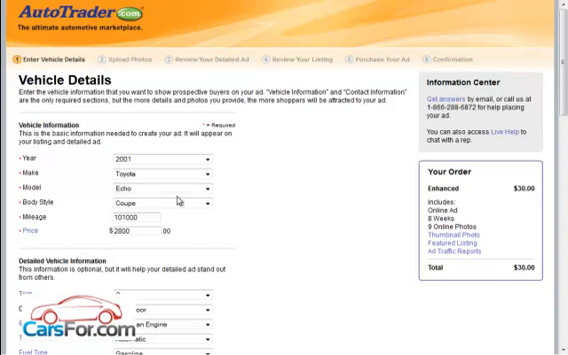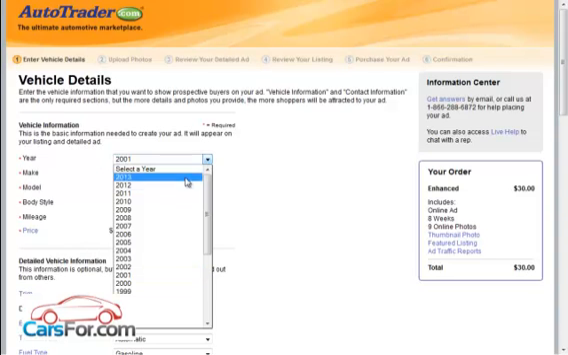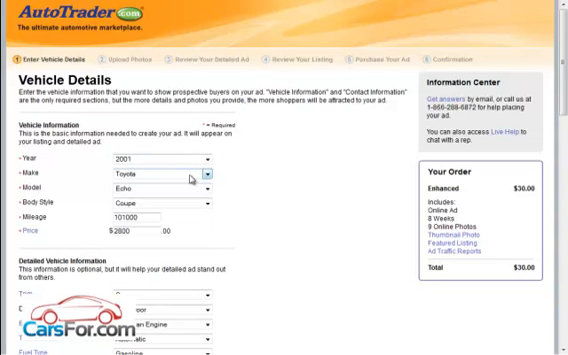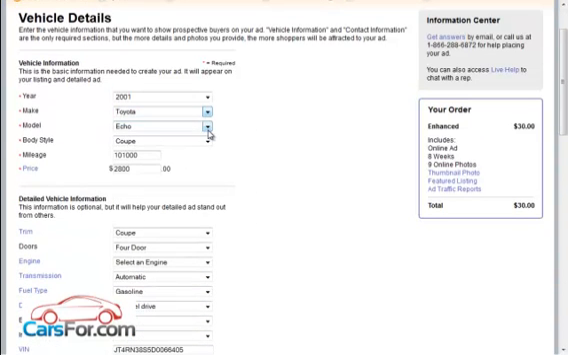Now they've actually saved my information from when I ran through this the first time before creating the video. But on this page is where we're going to want to add all of the details about our vehicle: the year, make, model, mileage, everything about the upgrades, the interior, exterior, etc. So the car that I have for sale is a 2001 Toyota Echo. So what we're going to want to do is work our way from top to bottom, choose the year of our car, the make, our model,